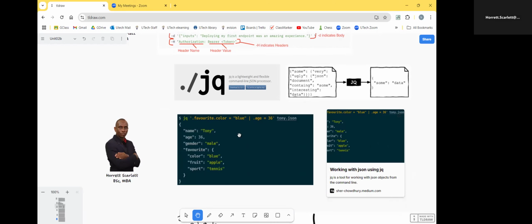The other thing that we want to have a look at is the JQ command. What the JQ command does is it allows us to process information that is found within a JSON file and quickly filter through and find information. That's what is being depicted here by this graphic. We're using JQ to query some sort of JSON file and return a truncated set of the data that is there.